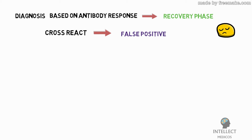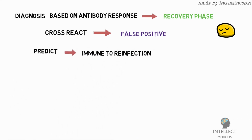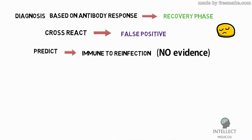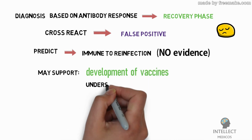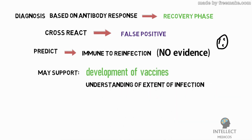Lastly, there has been discussion about whether rapid diagnostic tests detecting antibodies could predict whether an individual was immune to the infection with COVID-19 virus or not. There is no evidence to date to support this. Tests to detect antibody response to COVID-19 in the population will be critical to support the development of vaccines and to add to our understanding of the extent of infection among people who are not identified through active case finding